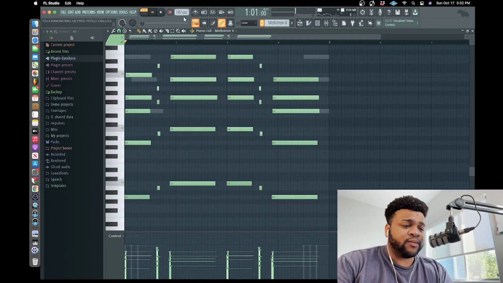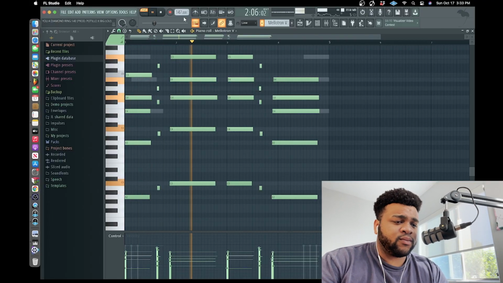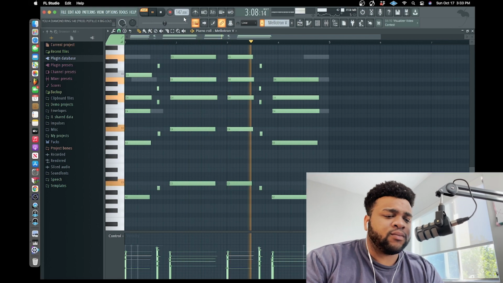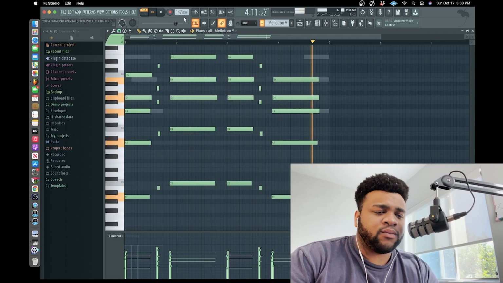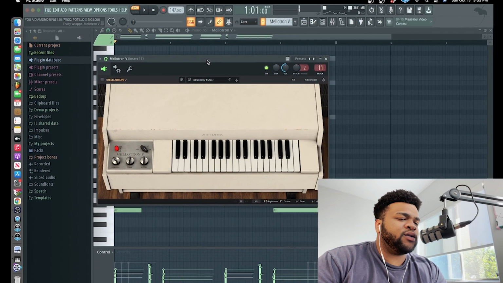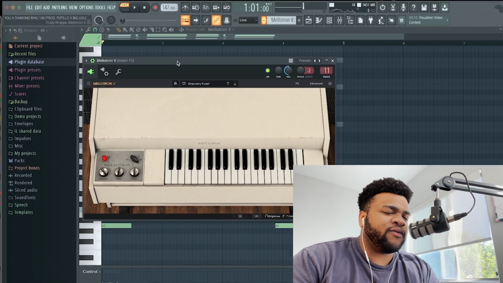But when I first was making this melody, I literally pulled out this MIDI. Shout out to Big Lou. And the sound that you hear is the Strawberry Flutes preset with the Mellotron 5. It was giving me a very soulful kind of progression, so I wanted to use more melodic, very natural sounding instruments. I didn't really apply any effects to it. I just like the rawness of the sound.